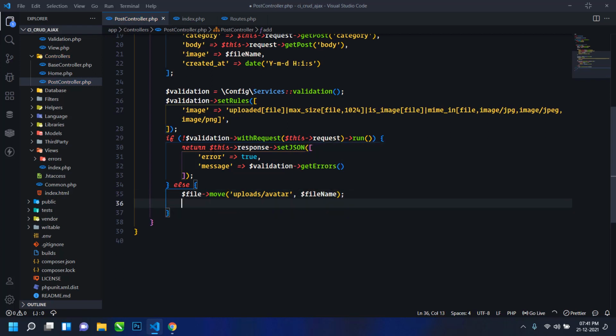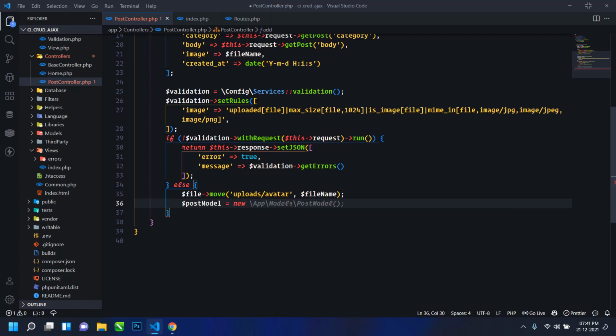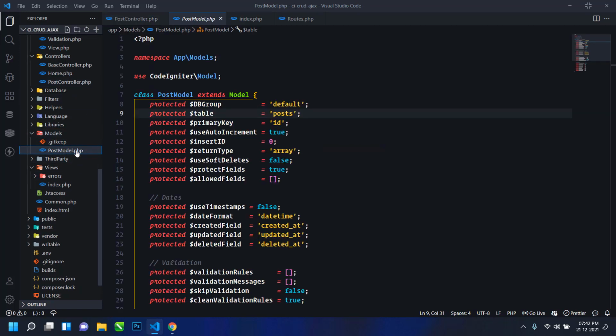Next I will create an instance of the post model. Just write postModel equal to new PostModel, with the fully qualified name here. So this is our post model. If you go to the models directory, we will find this post model.